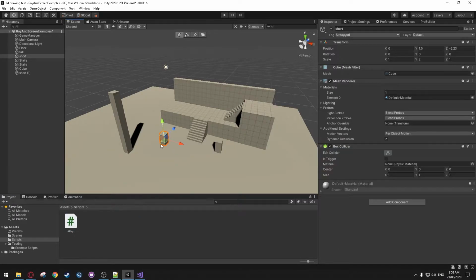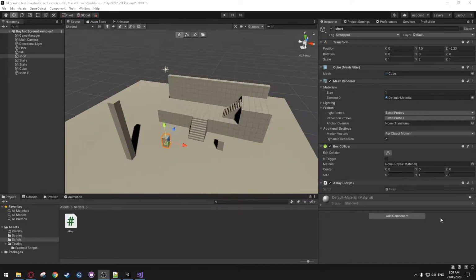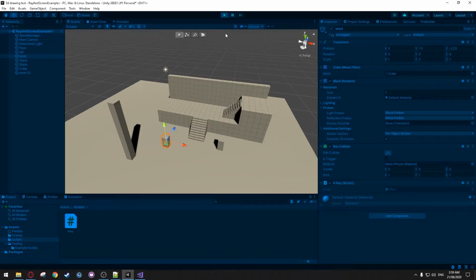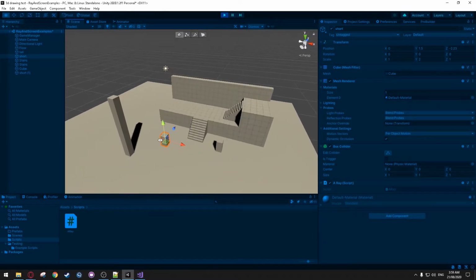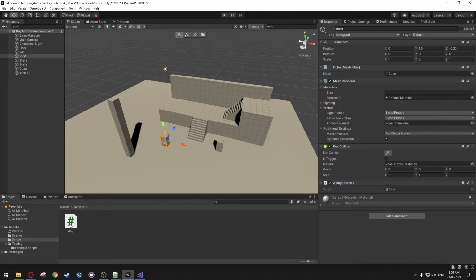So let's drop this Ray script onto this cube here. So we'll hit play and we'll see what happens. So basically it doesn't look like anything is happening right now because a ray by itself is not visible. So let's pause that, go back into the script,